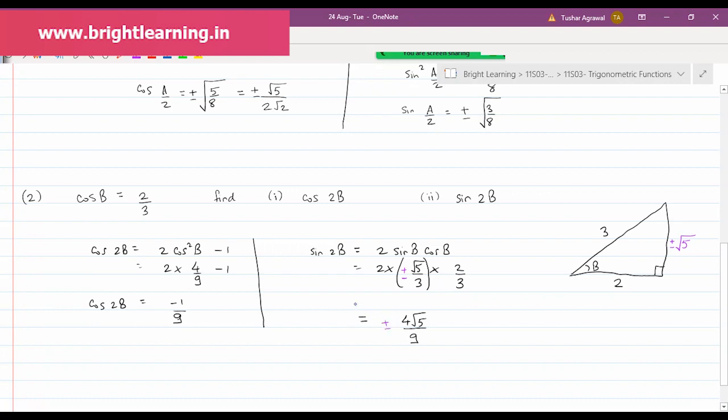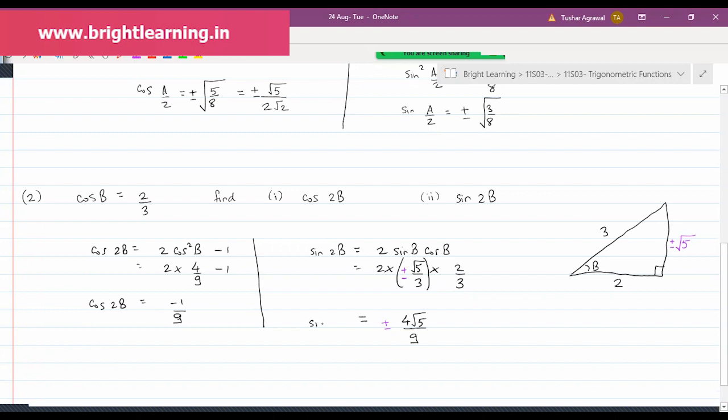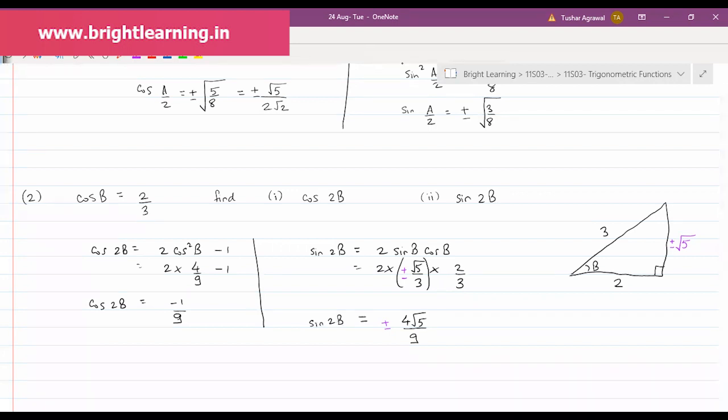Both values are possible. How many of you got it correct? Right, 1C, 2C, something like that. 2C both correct, 1C is incorrect. Harini got it correct, others wrong. If you just write 4 root 5 upon 9, that is also considered a mistake. It should be plus or minus. Then you got the correct idea that both values are possible for sine 2b. Okay. Now,